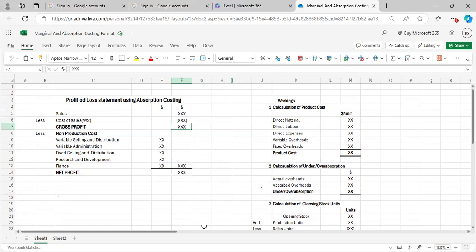The most important learning point is, when we calculate the under or over absorption in absorption costing, we will see the budgeted production volume and compare it with the actual production volume. If your budgeted production volume differs from the actual production volume, then you have to calculate the under or over absorption in absorption costing. Why do we calculate under or over absorption in absorption costing? Because overheads are absorbed in the product cost at the start of the period using the absorption rate. Now we will see the proforma of